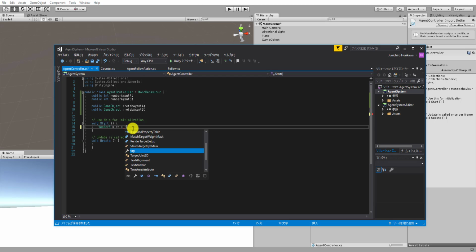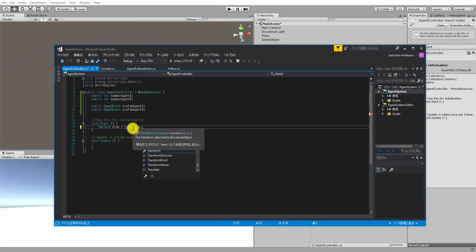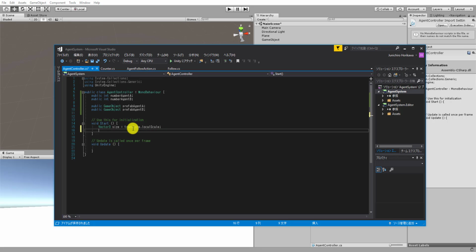So let me write like that. I'll refer to the local scale like this, and for integer i until number agent A,